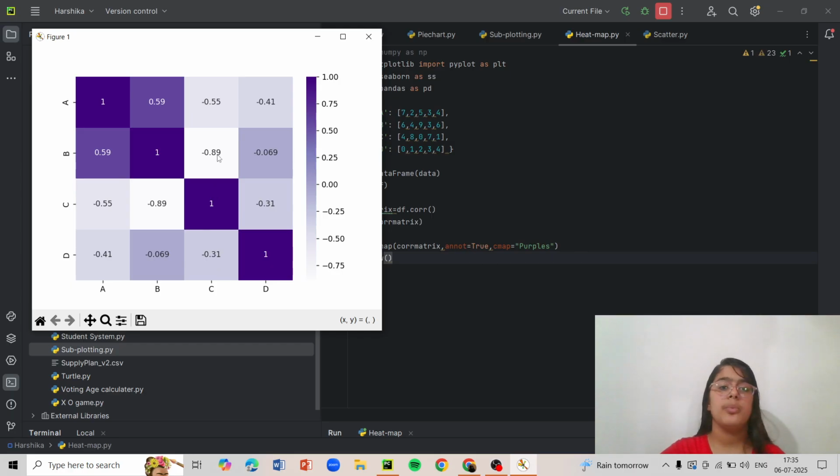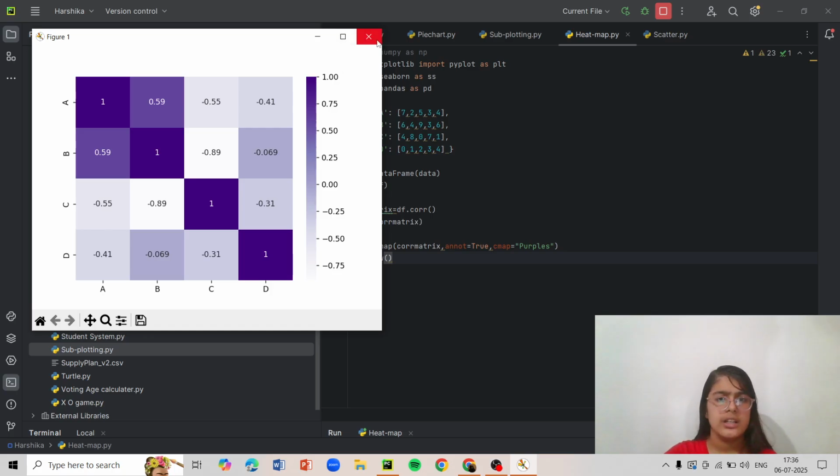So it is minus 0.89. So it is clearly white, which is not even on the color bar. And then how much is A related to A? Of course it will be full because they both have the same data. So it has the darkest color. So it will always show us a slanting symmetry if we use the same in both the axes. I can use different in one and different in the other. It will also look similarly pretty, but it will not give us the symmetry. Now I've used purple here.